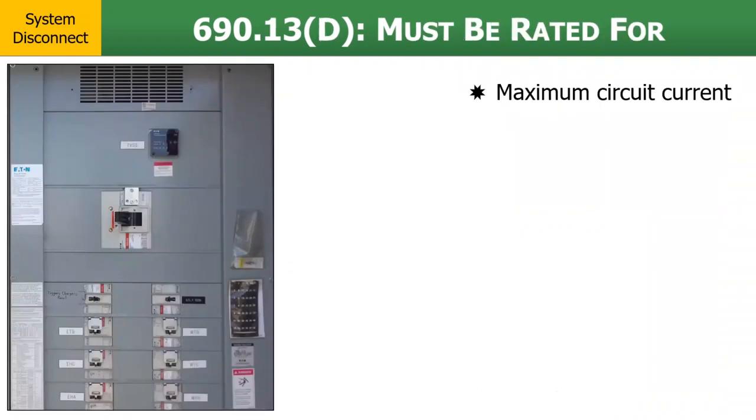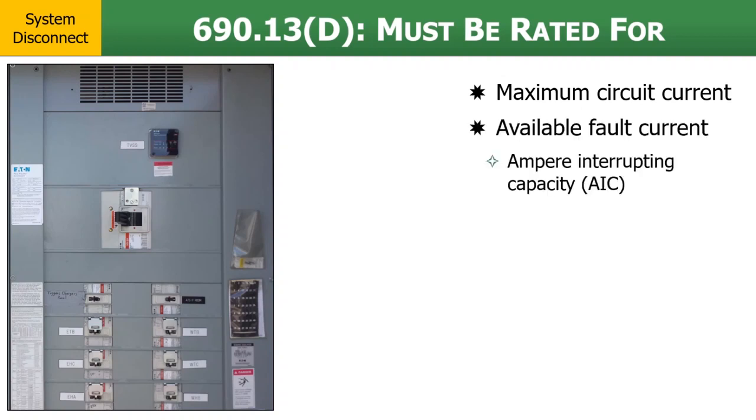Article 690.13(D) has some requirements for the rating of our PV system disconnect. It has to be rated equal to or greater than our maximum circuit current, obviously. We wouldn't want a disconnecting means that would be rated less than our circuit current, or we might damage that piece of equipment. It has to be rated for the available fault current, or the ampere interrupting capacity, AIC, of